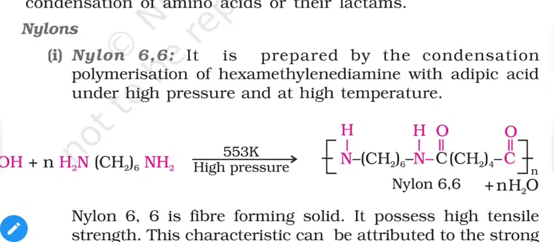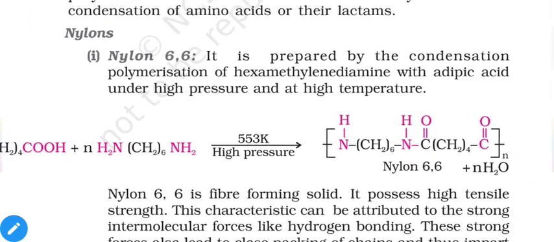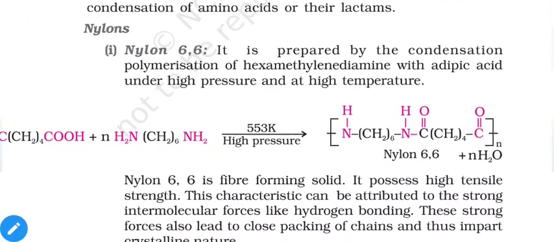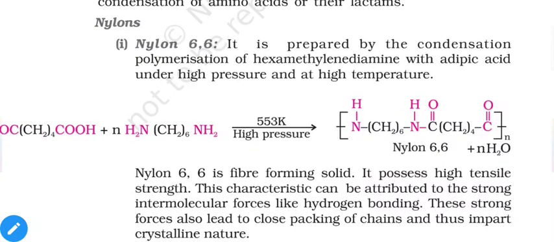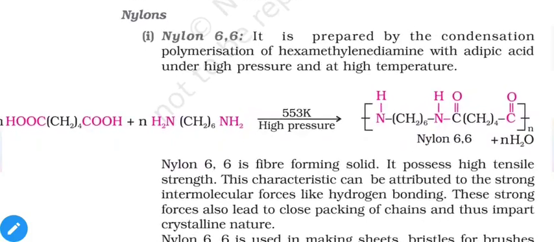So first example is nylons. So the nylon word is derived from two different cities, New York and London. Okay, so some parts of the words New York, London are used in combination, and it gives nylon. So first compound is nylon 6,6. So as the name suggests, it will have two different carbon chains in it. First compound contains 6 carbon chain, second compound contains 6 carbon chain. That's why it is called nylon 6,6.